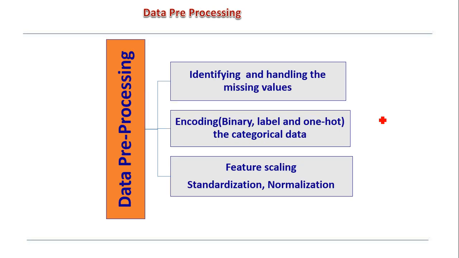When it comes to data pre-processing, this is a very important phase in data science projects. It plays a major key role in data science applications. Data pre-processing is the process of preparing the raw data and making it suitable for a machine learning or deep learning model. It is the first and crucial step while creating any machine learning or deep learning model.